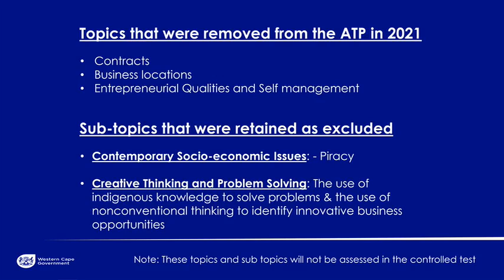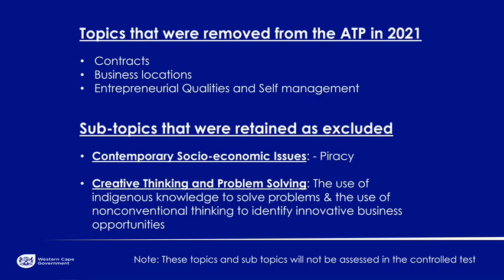So those entire topics will not be tested as part of the control test that you will be writing. However, the next section, where it says subtopics that were removed or that were retained as excluded, just means that parts of that topic have been removed from the teaching for this year. So you are still being tested on contemporary socioeconomic issues. However, the section of piracy, which forms part of contemporary socioeconomic issues, will not be tested as part of